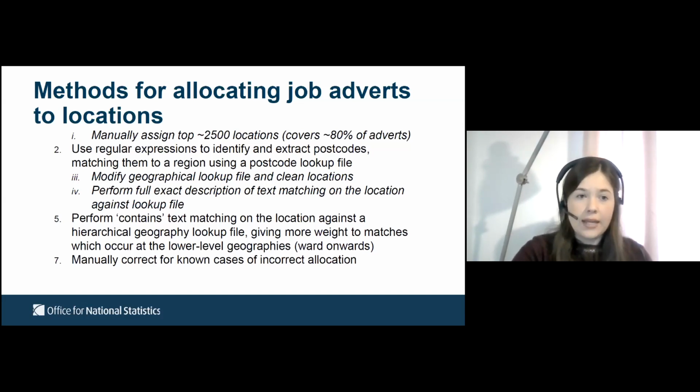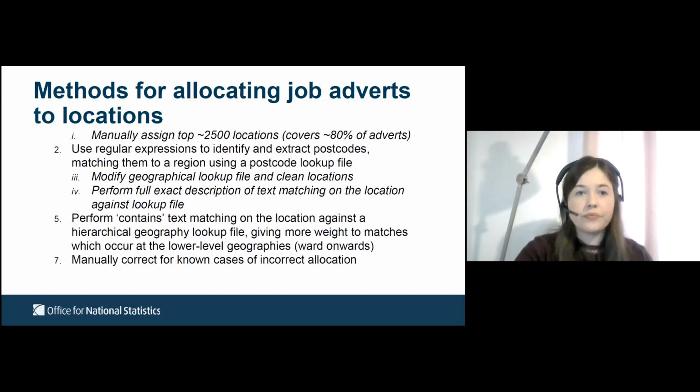So as this seemed a fairly manageable amount for us, we in the team manually coded each one to a local authority and its subsequent NUTS level 1 region. And we've also added in some cleaning steps to the lookup files that we're using. Some of the issues we were having is there's a lot of common location names, whereby lower level geographies such as wards might have the same name as a local authority. Or there are also instances where wards can have identical names, and that was causing issues for us in our